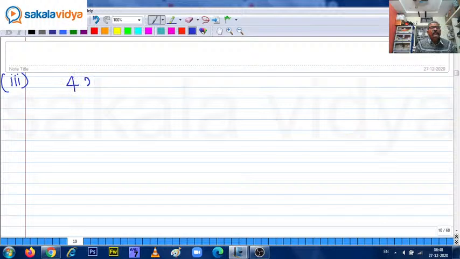4x square plus 4 root 3x plus 3 equals to 0. Yes, let us solve it now. Let us solve it. Are you there, anybody? Srinivas. Okay, let us solve it. Solution: